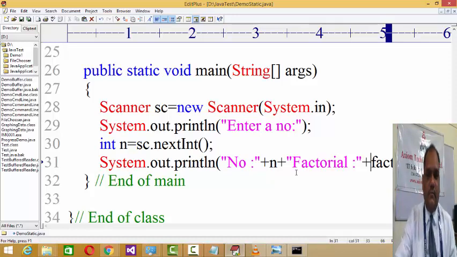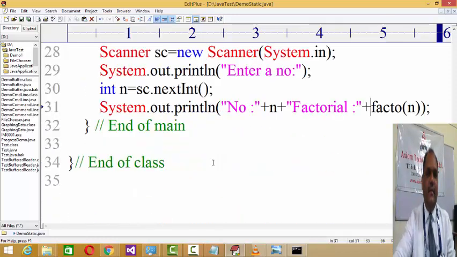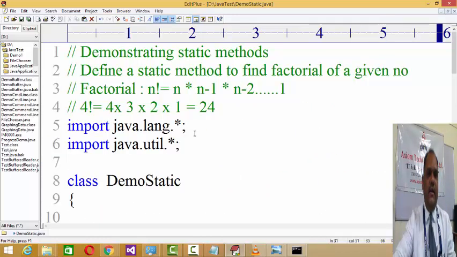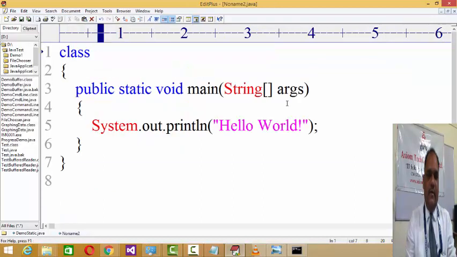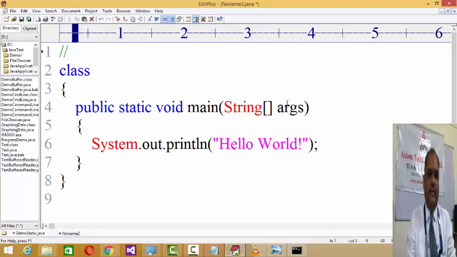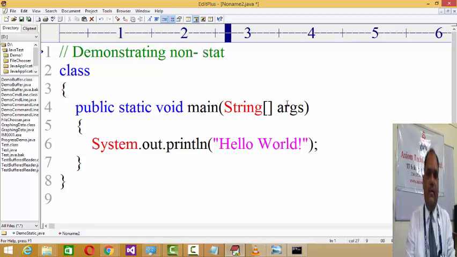Okay, now let us make the same. Okay, we'll go with a different example, demonstrating a non-static method in Java, right?